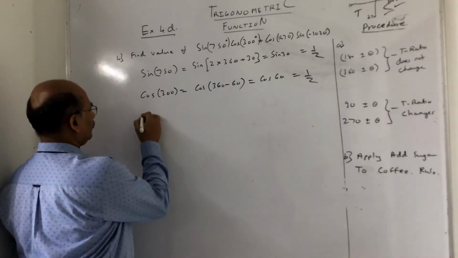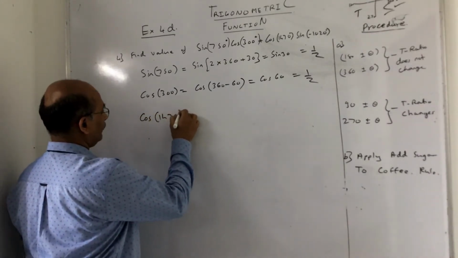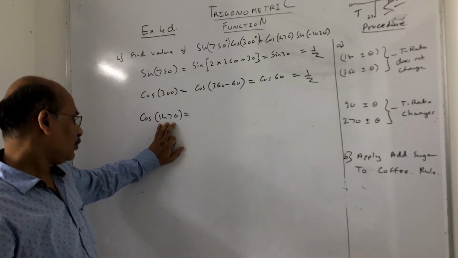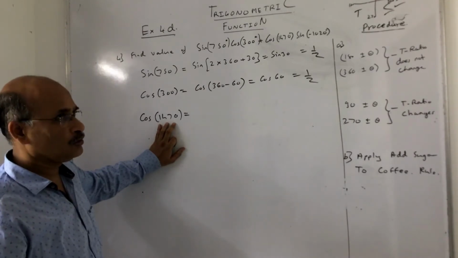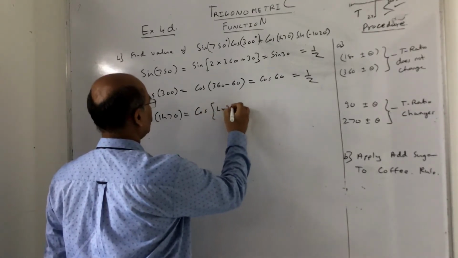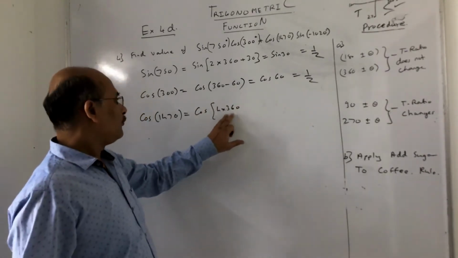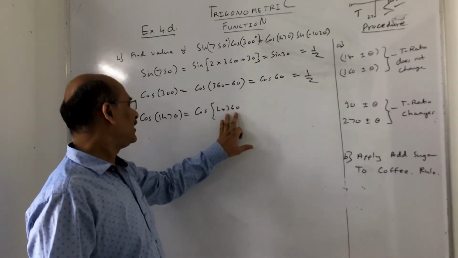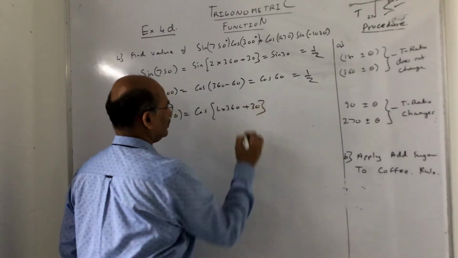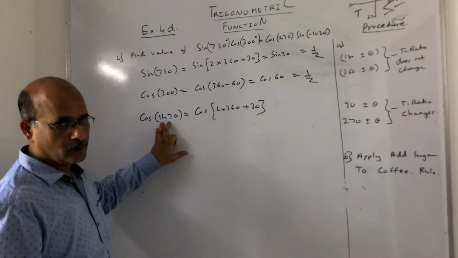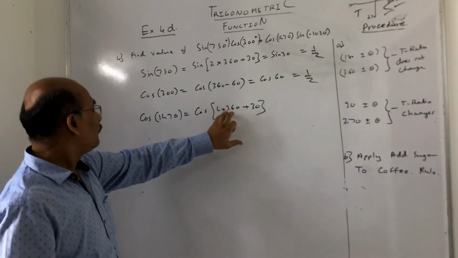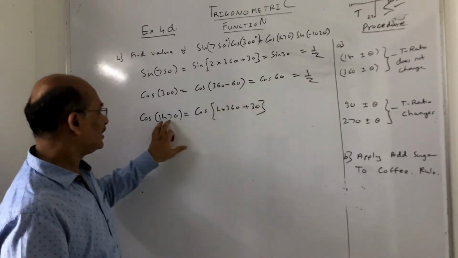Let us talk about cos of 1470. Now it is definitely in cycles of 360 because it is exceeding 360 and more than 720. So what I can do is write this as cos of 4 into 360. Now please check yourself: 4 6s are 24, 4 3s are 12, 1440. But here it is 1470, so 1440 plus 30. Eventually this will add up to 1470. So just divide by 360 to get 4 point something. So 4 into 360 is 1440, and 1440 plus 30 is nothing but 1470.